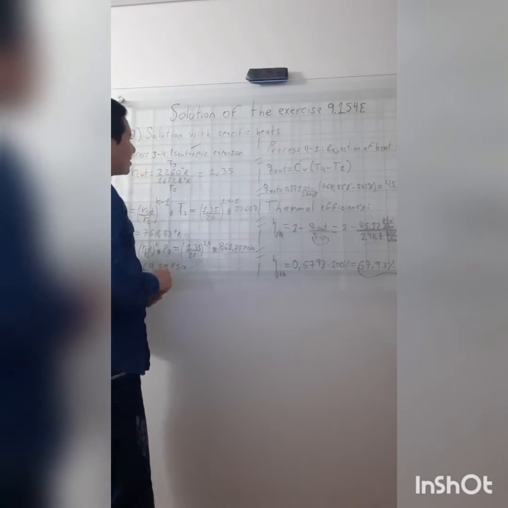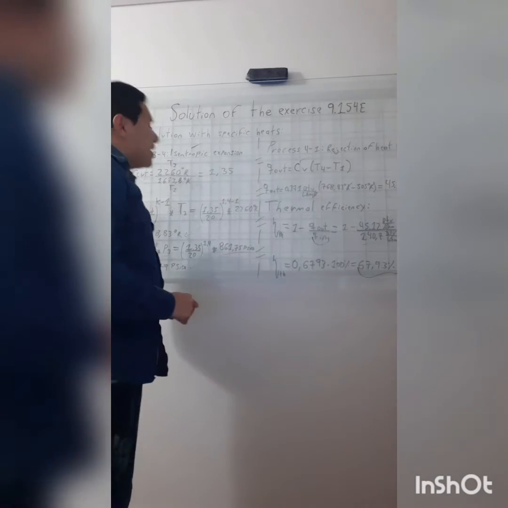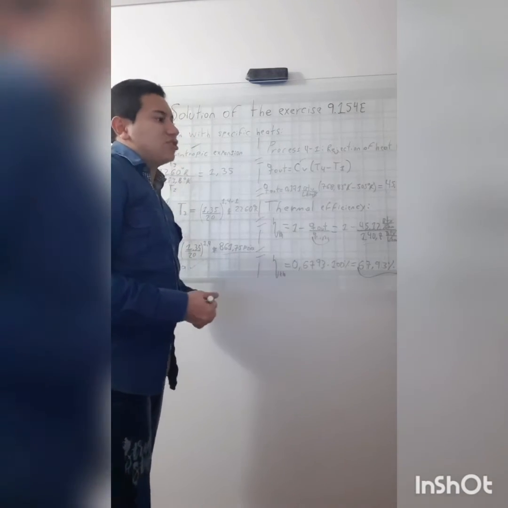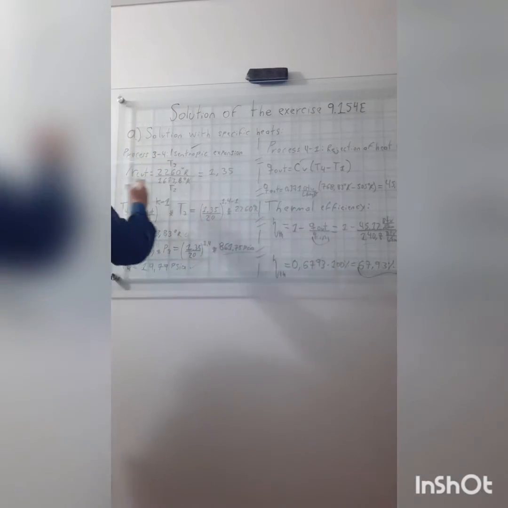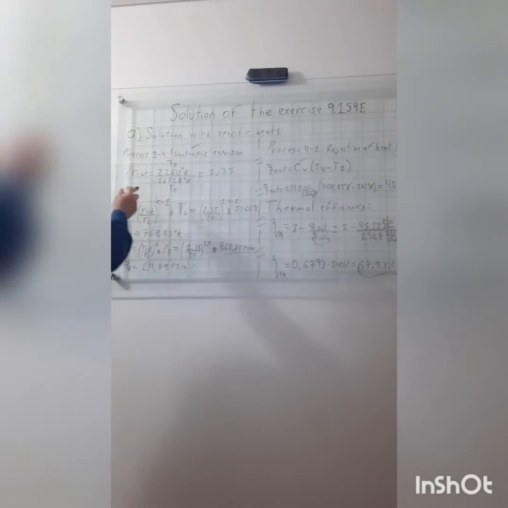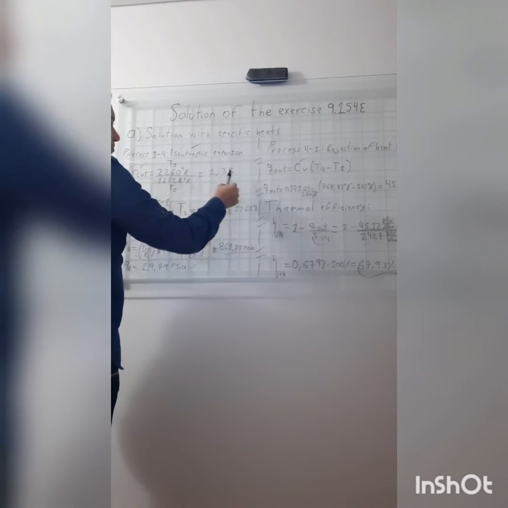Because the entropy is constant, that is the name, isentropic. Okay, here we need a cutoff ratio, yes, it is temperature 3 divided by temperature 2, and equal to the result, yes,